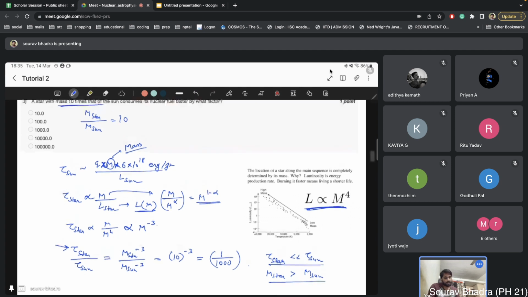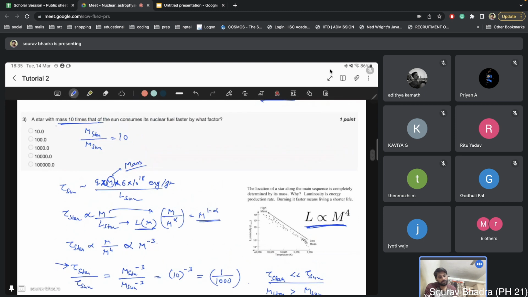Now your question tells that a star with mass 10 times that of the Sun consumes its nuclear fuel faster by what factor? So,